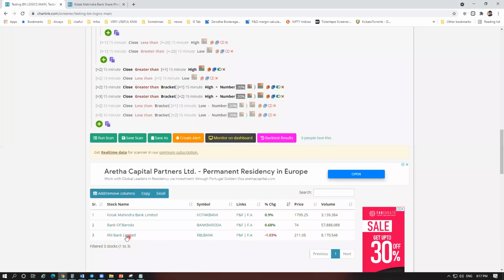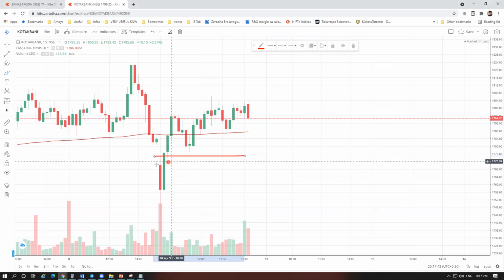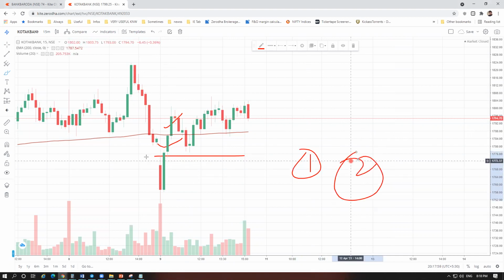Here you can see it is confirmed on the screener, Kotak Bank. Okay, Kotak Bank confirmed. So I have taken a Kotak Bank trade, for example. So suppose ORB is, it's an ORB. You can consider these two candles also. These two candles also fulfill both our first and second conditions.